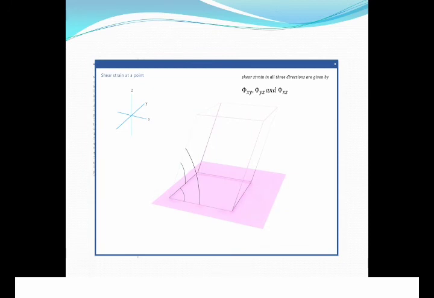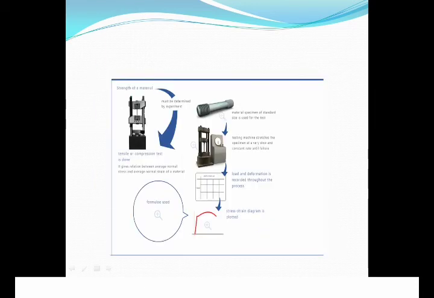Now this shows the shear strain in all the 3 directions for a particular element, that is phi xy, phi yz and phi xz. These are the 3 mutually perpendicular directions where the twist is shown, just for understanding the concept of the shear strain that is occurring in the element. These are the basic things that we have seen in the slide.